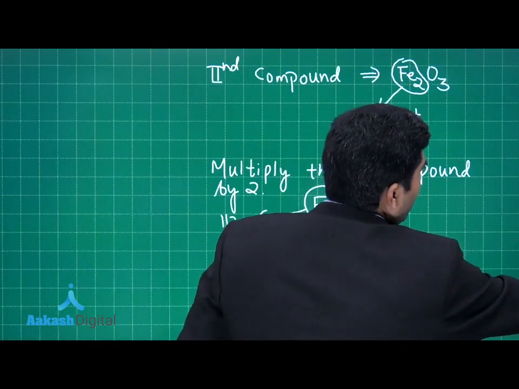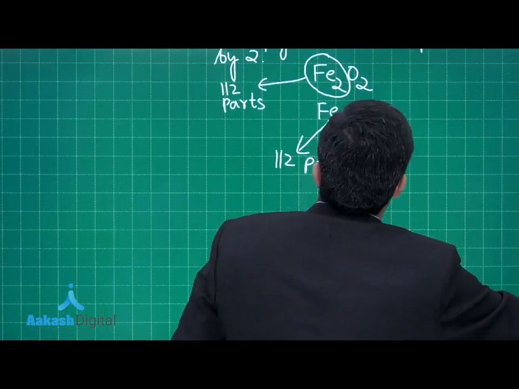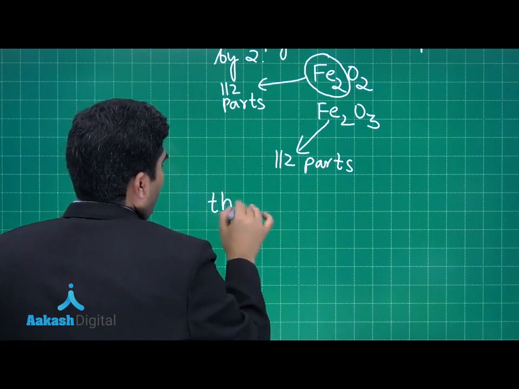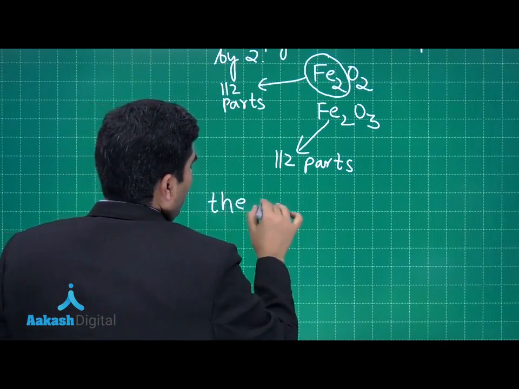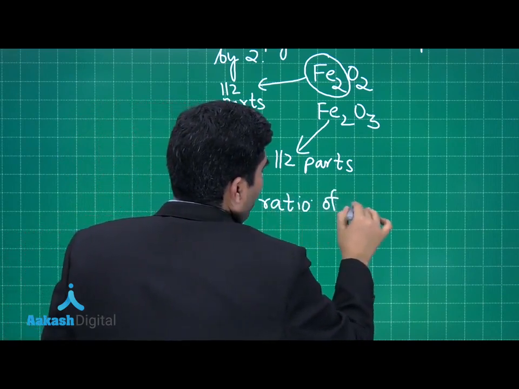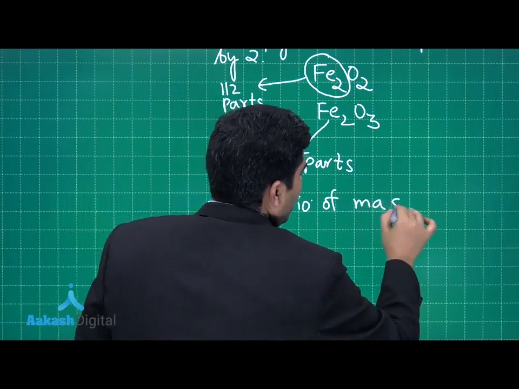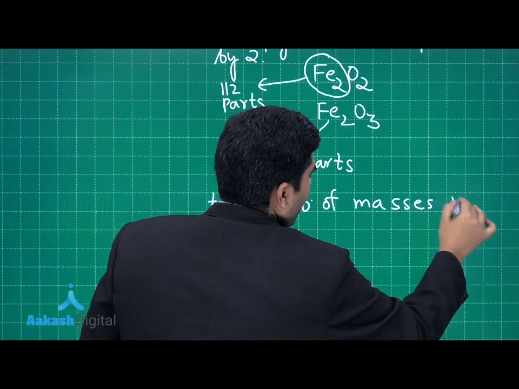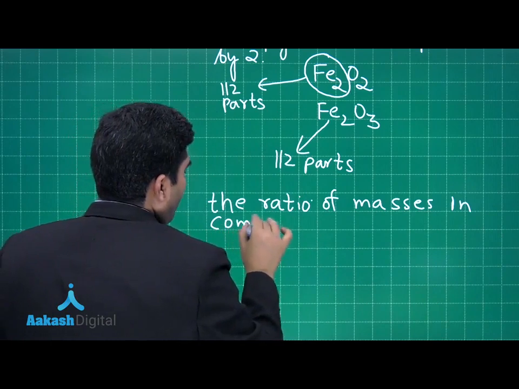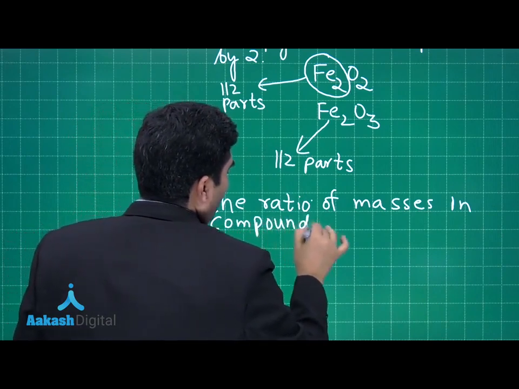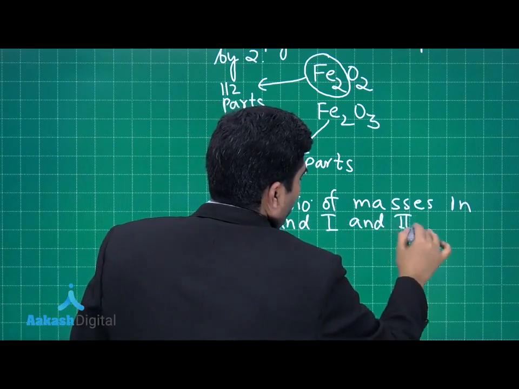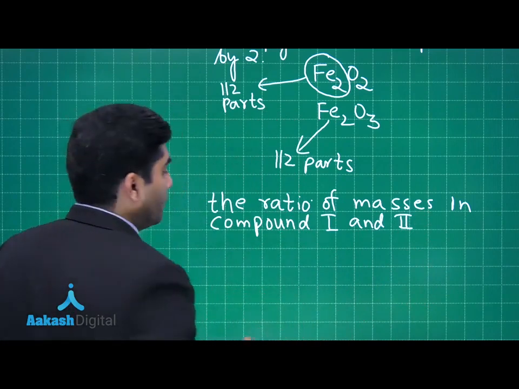So the ratio of masses in compound 1 and 2 will be equal to,